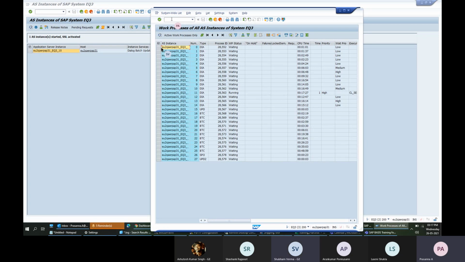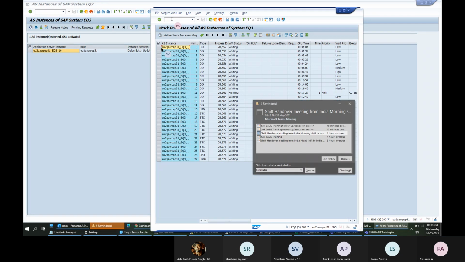Yes, /n is used to terminate the previous T code and open a new T code, and /o is for opening a T code in a new session, a new window. /n. Okay.